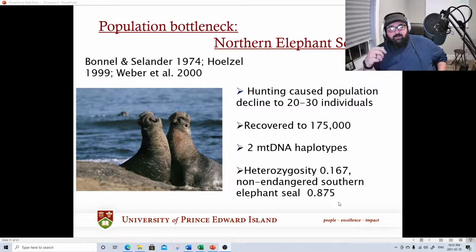So even though we brought the population back up to 175,000, and by all of the measures of census size, this population is fine, if we look at their genetic diversity, we see a different story. If we look at the genetic diversity, I would still recommend that we manage this population, that we look really closely for diseases, that we make sure that we've got seals located in different geographic areas. Because if a disease takes out one seal in one of these colonies, it's likely to take out many seals. So it should be a priority to make sure we have different colonies of seals on different islands, even though we have over 100,000 of them, almost